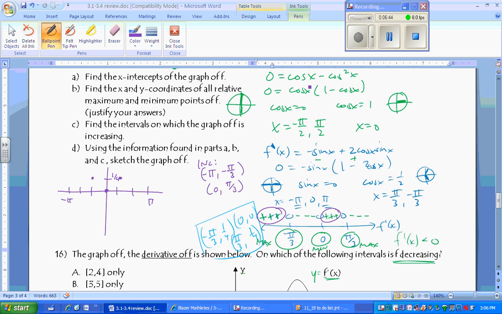So if we put those into the original function, cosine of negative pi is negative 1 minus cosine squared, so negative 1 squared is 1. So negative 1 minus 1, we have a point at negative 2. Same thing if we put in pi, they're coterminal, so it's going to end up in the same spot. So our graph is increasing until we get to pi over 3, then decreasing, increasing, and